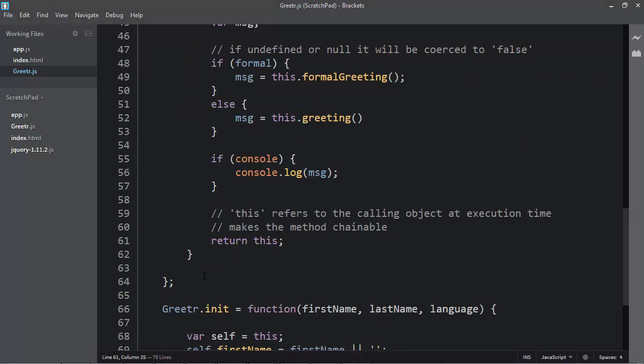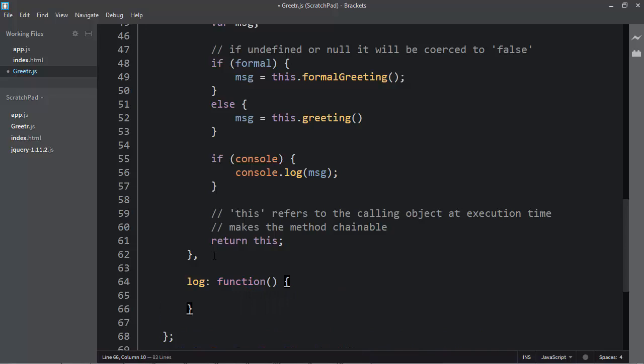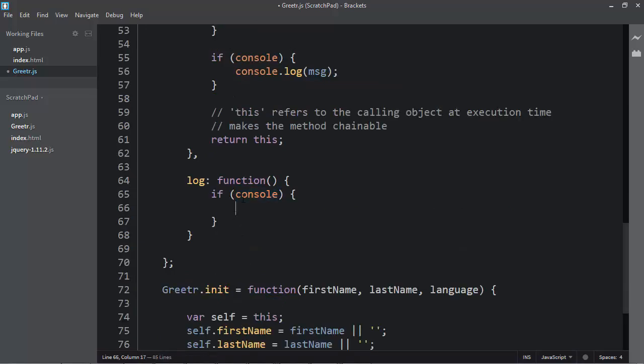And then I'm also going to write a log function. This is when I want to manually make sure that something is logged. I'll log it to the console. Internet Explorer actually doesn't have a console variable unless its console is open. So I'm going to make sure that it is by just saying if console. That's an object. If it's undefined, it'll be coerced to false. So as long as I have a console object available, I'll console.log, and then I'm just going to say something